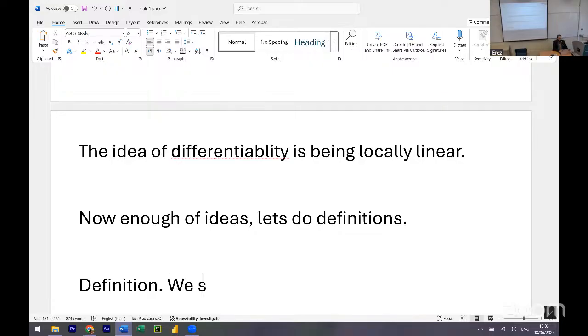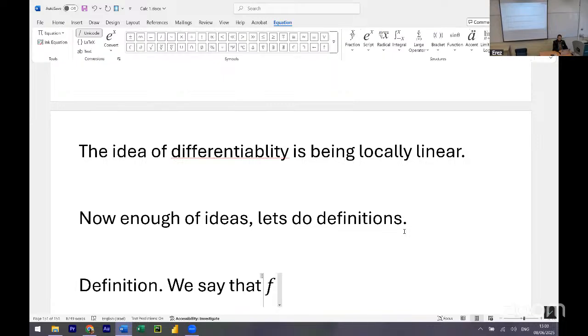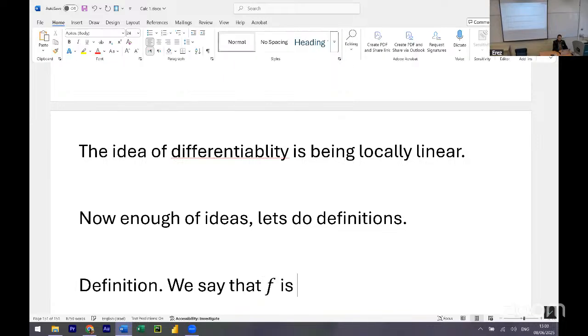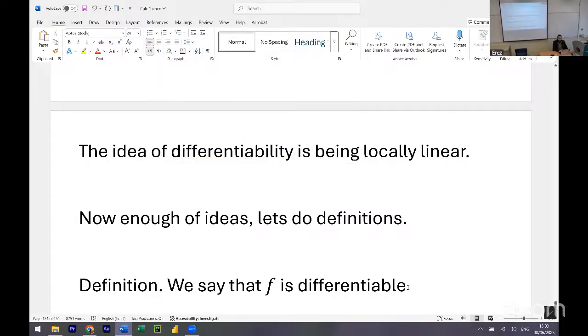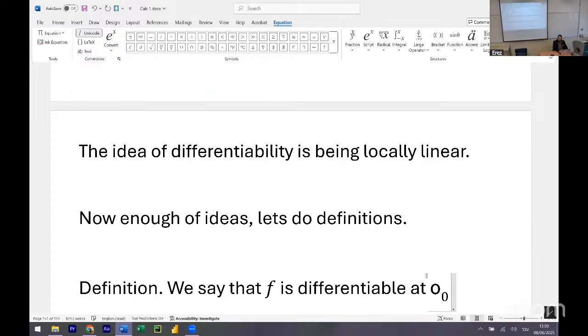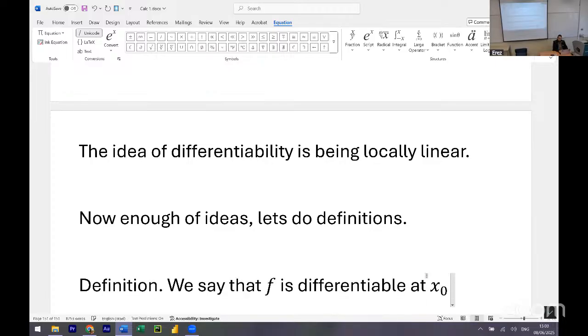We say that f is differentiable at x0 if